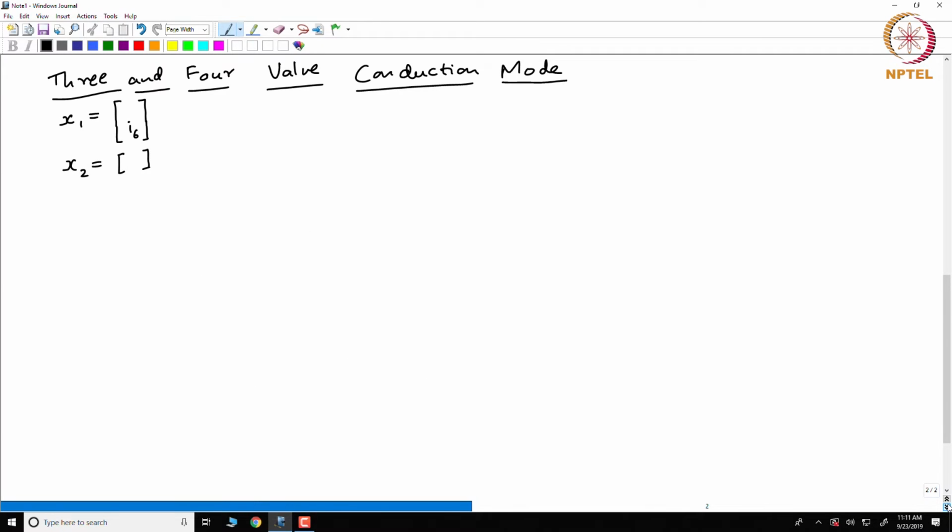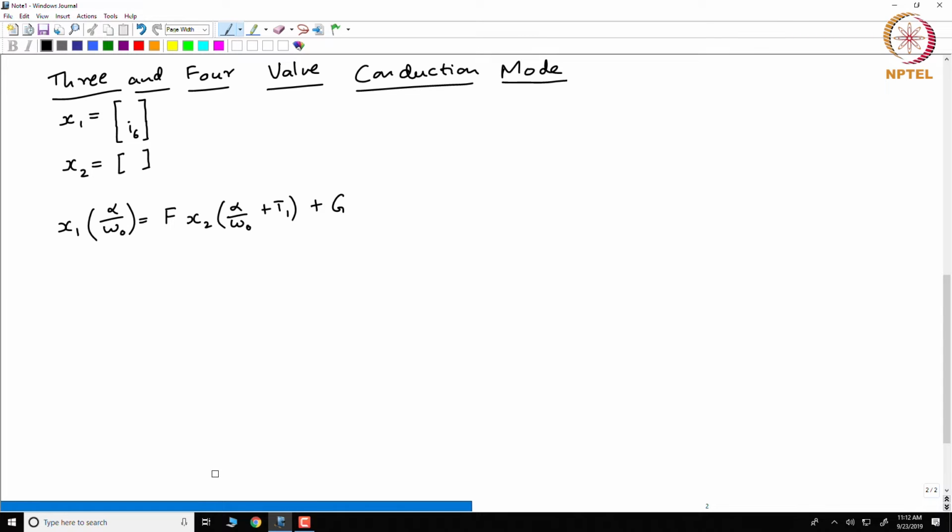See, so I said that I will just assume one equation like this: X1 at alpha by omega O is equal to F into X2 at alpha by omega O plus T1 plus G, where F and G are constant matrices. Now the question is how to choose X1 and X2 such that I satisfy this equation.